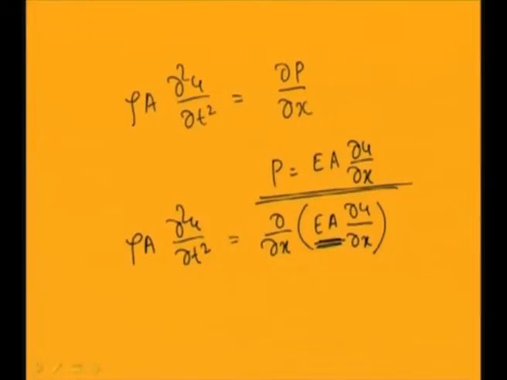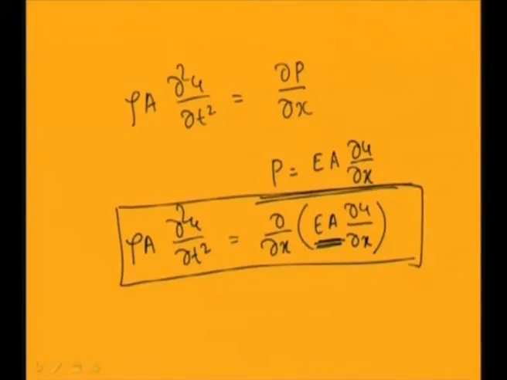If it is not homogeneous, then E is not constant, and if the cross section is not uniform, then I cannot take A as constant, and this is the equation of the system. But when E and A are constant, that means you are taking a rod of uniform cross section and a homogeneous beam where E is constant, then I will take